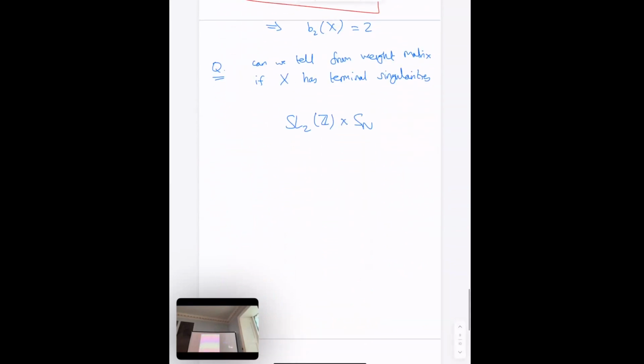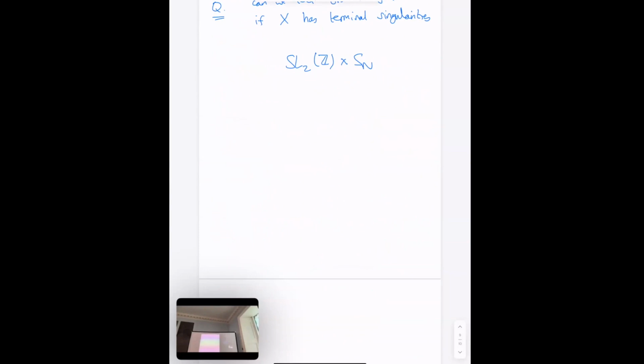I might mean GL2Z. I probably mean GL2Z. Right, because row operations, I'm allowed to swap rows, right? So yes, GL2Z cross SN acts on the space of weight matrices, and that doesn't change the algebraic variety that I get. So I'm not so much interested in weight matrices, I'm interested in weight matrices up to this